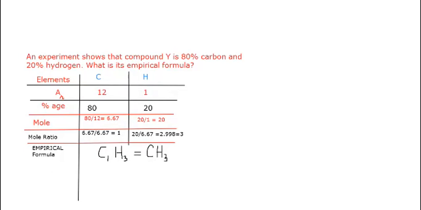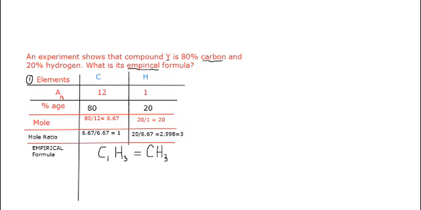Sir, I didn't get the empirical formula. Can you explain it? Okay, I'm going to do it. But first of all, the term empirical means the simplest ratio formula. It means you need to find out the simplest ratio of the substance that has been mentioned here. According to that, there are 6 steps to find out the empirical formula. Number 1, you need to find out the elements. The question clearly shows that there are 2 elements making a compound Y.